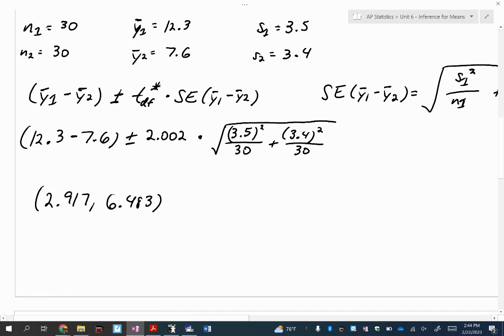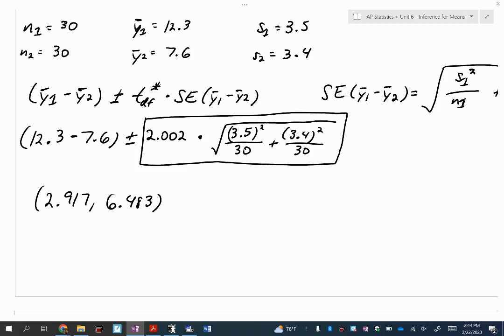The reason I want to keep doing this, and you're like, why do I need to do this, I don't need to know, well, you might be asked what the margin of error is, and so you might need to find that t-star to do it this way. So typing that in is the margin of error. Or what most students will do is find this difference. You have a calculator. What did you write for inverse T? 4.7. And if you take 4.7 and subtract this number from it, or subtract the lower number from the higher number, you will find the margin of error, which is the same as that in the rectangle.